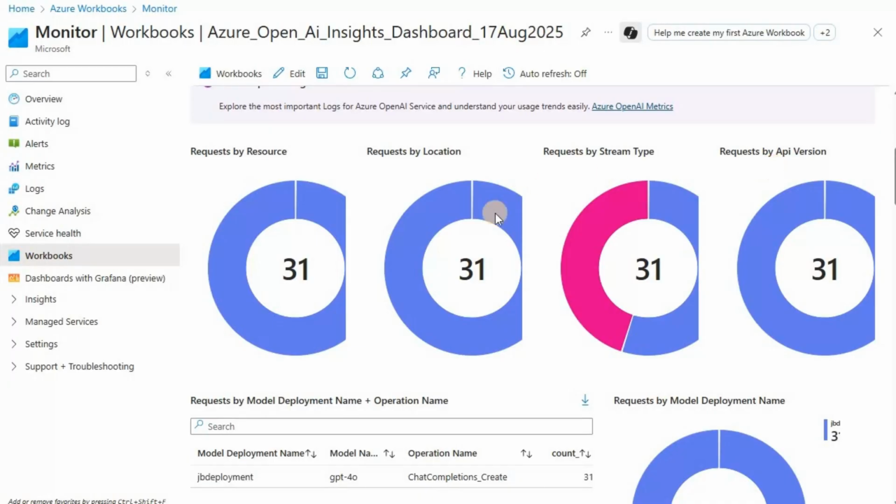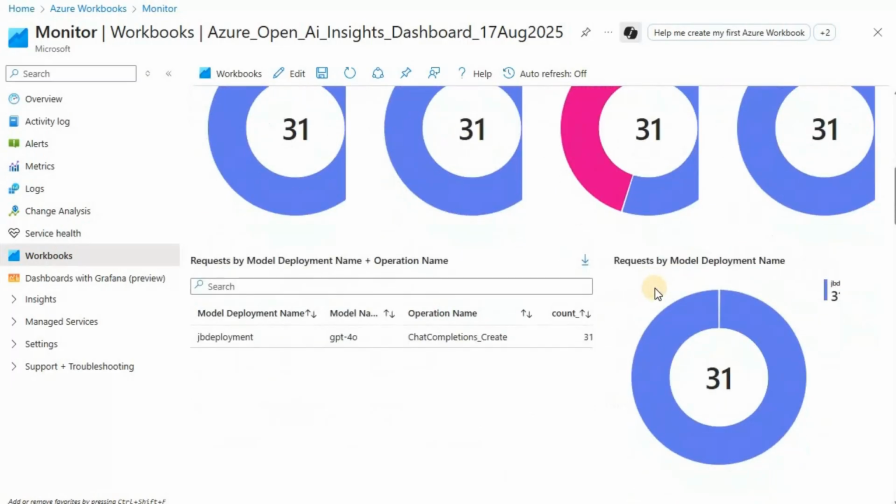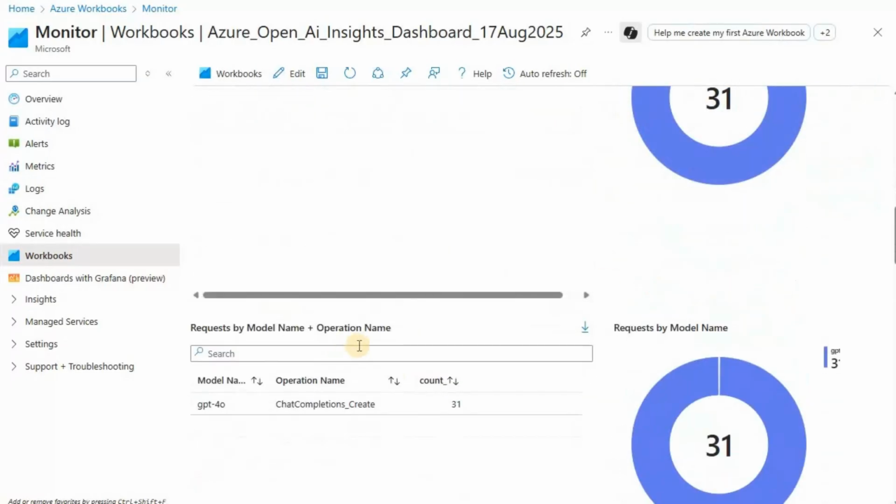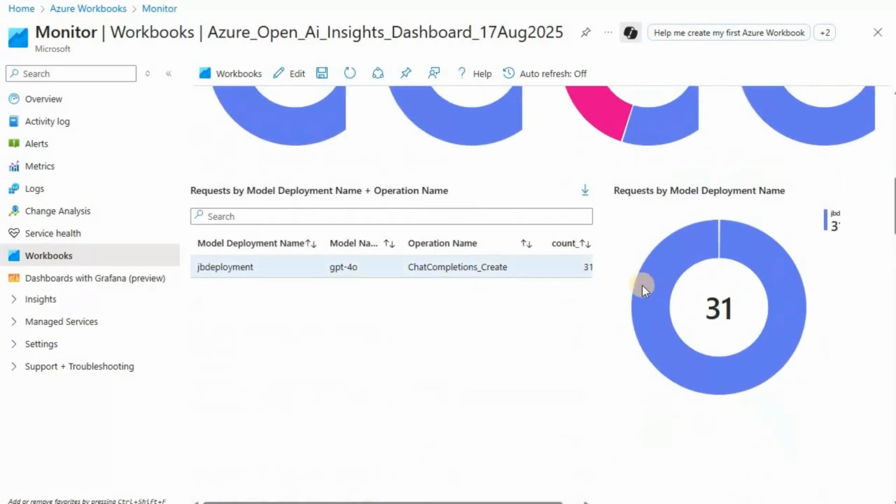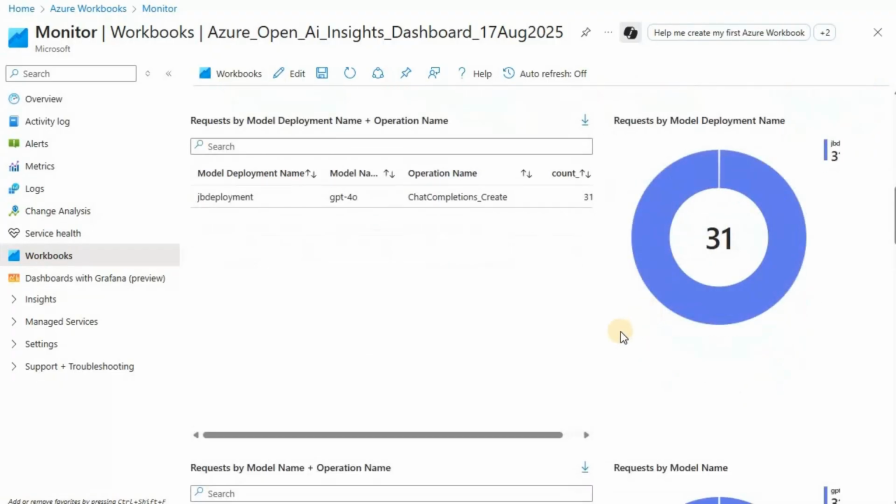So what we need to do is spot any kind of unusual distribution or unexpected regions using the resources that could drive the cost. Next on the list, we have this request by deployment name, and then the operation name here. The model name and the operation name basically identify the most expensive combination of model and operation. So you basically have to look at these things, and then you can get the details related to the